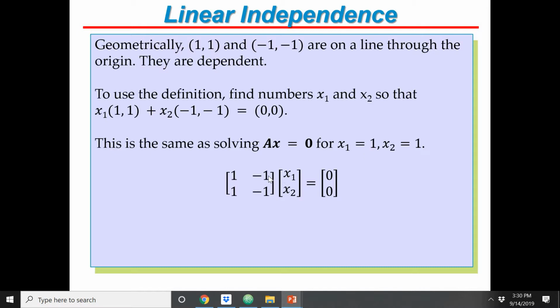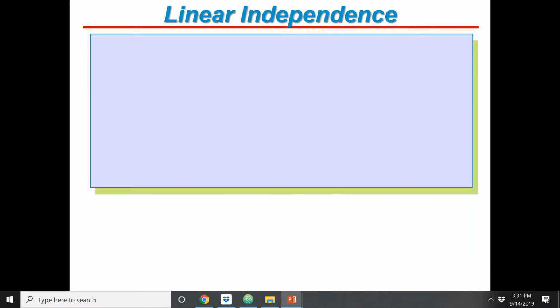So obviously the null space, if you put x1 equal to 1, x2 equal to 1, you see that that's a solution. So immediately you know that these two column vectors cannot be independent. Okay, this is a very good way to test this, not just in two dimensions, but you can test this in any dimensions. All right, so we have seen that three vectors in R2 cannot be independent,